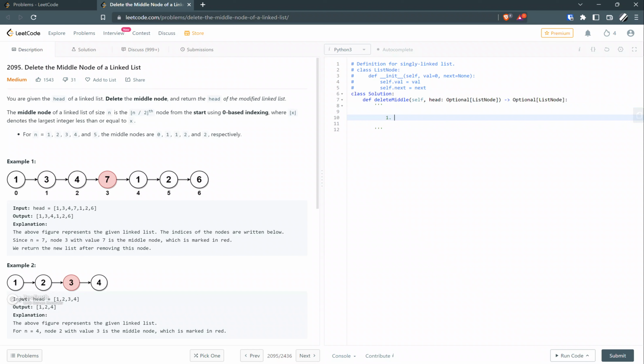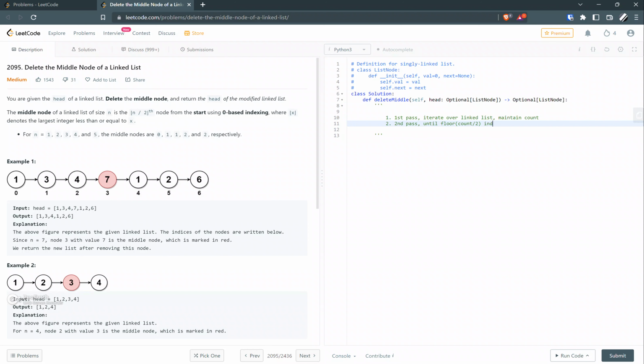So one of the ways that we can do this is to make a first pass, iterate over the linked list and maintain the count. So first we will count the total number of nodes present in the entire list. Then during the second pass we can use this count variable to reach the middle node. So we can say the floor value of count slash 2,